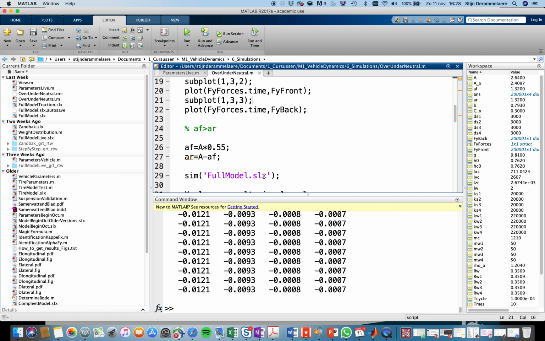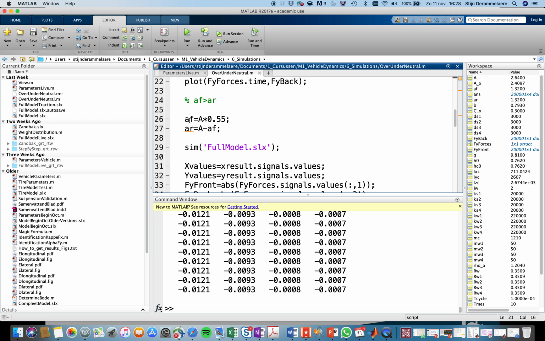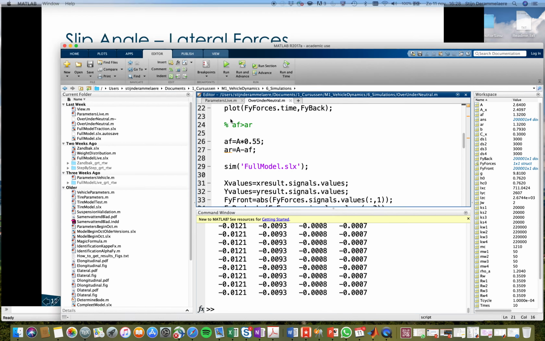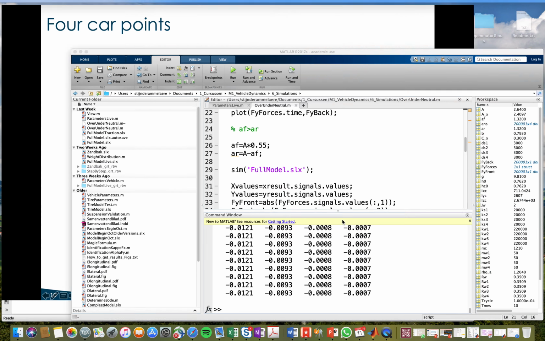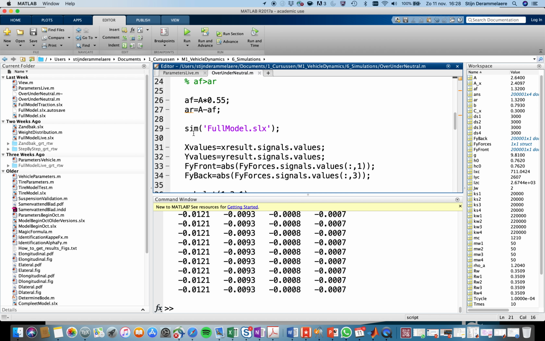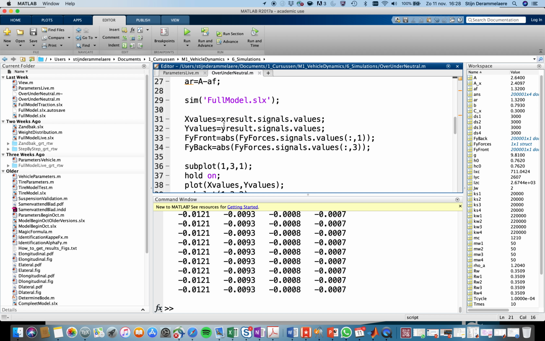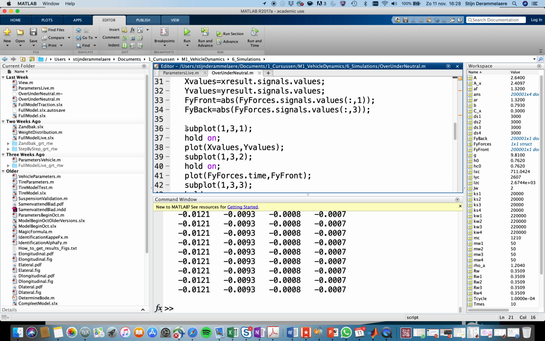And then we change the relationship between AF and AR. AF becomes quite large. That means the center of gravity of the car moves to the back. We will have a situation where AF is larger, the center of gravity of the car moves to the back. Okay, we do just the same here: simulation, save all the values, call the subplots again